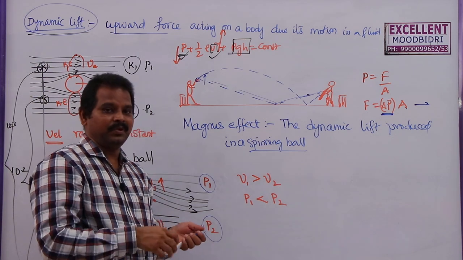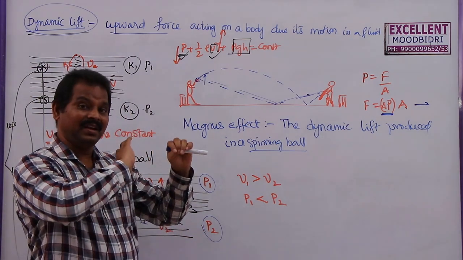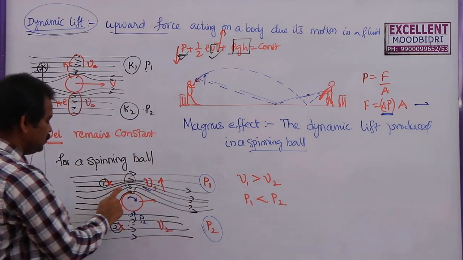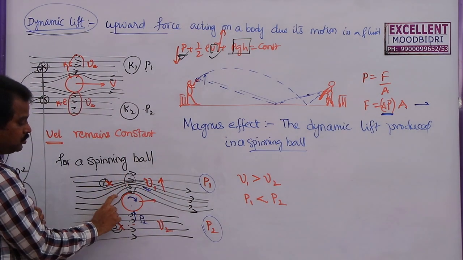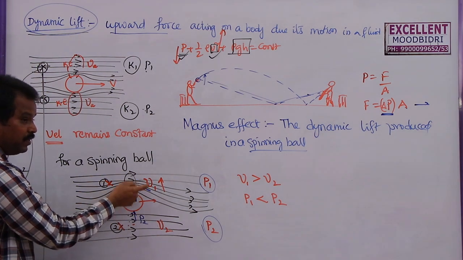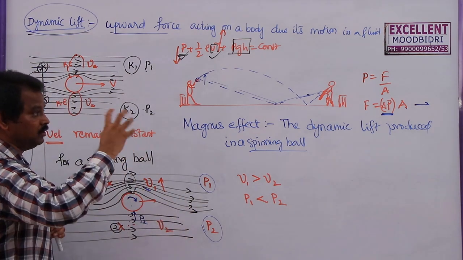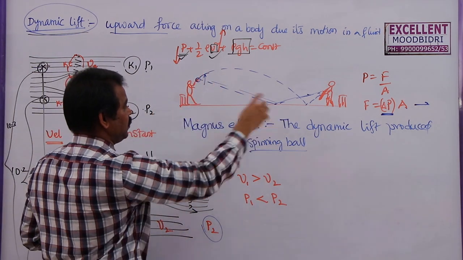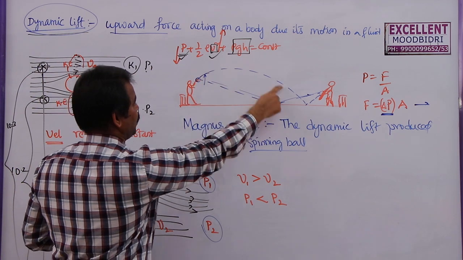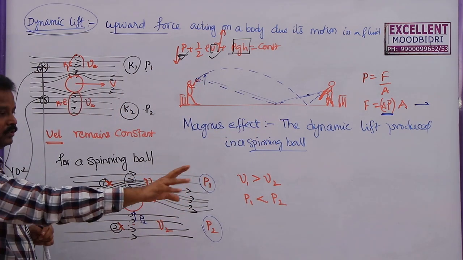So while they are rubbing this ball, whenever the surface of the ball is rough, it can drag more air. When more air is dragged by this ball, the velocity will be more there, and pressure will be less. So the bowler is able to create that dynamic lift on the ball so that he can flight the ball more, so it can spin viciously to confuse the batsman.